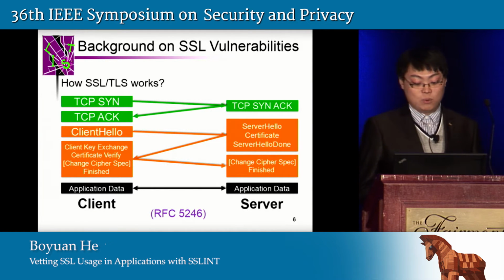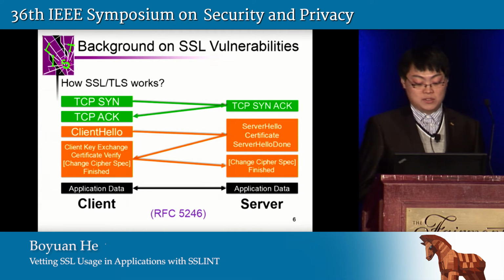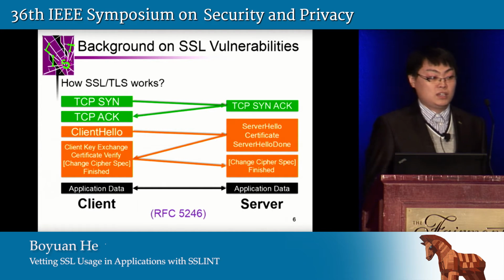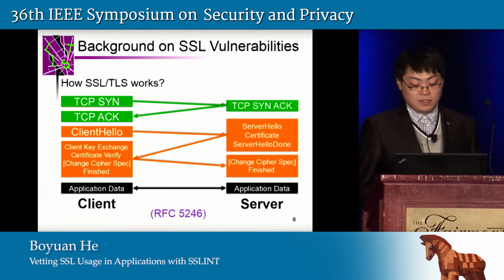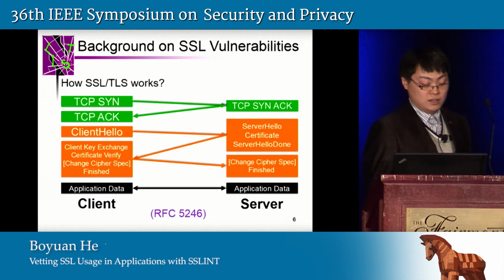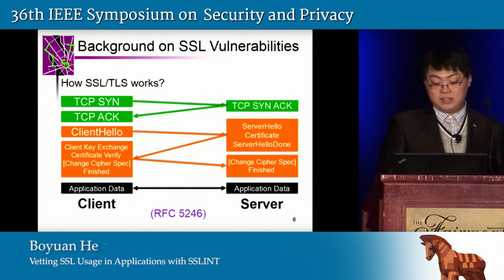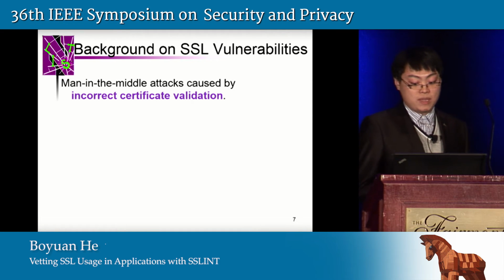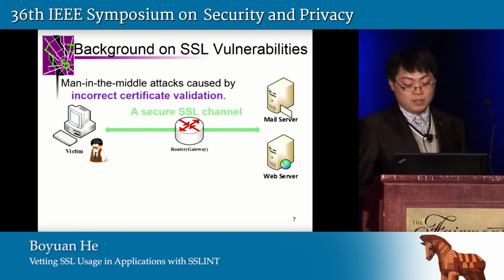In fact, one-way authentication is a common practice in many SSL applications, as shown in this example. After a successful authentication, the keys and ciphers will be exchanged between the client and server before the handshake is done. In the end, a secure communication channel is established, and encrypted application data can be transferred over this channel. As mentioned earlier, SSL is designed to secure an end-to-end channel between the client and server to avoid man-in-the-middle attacks. However, it may still be